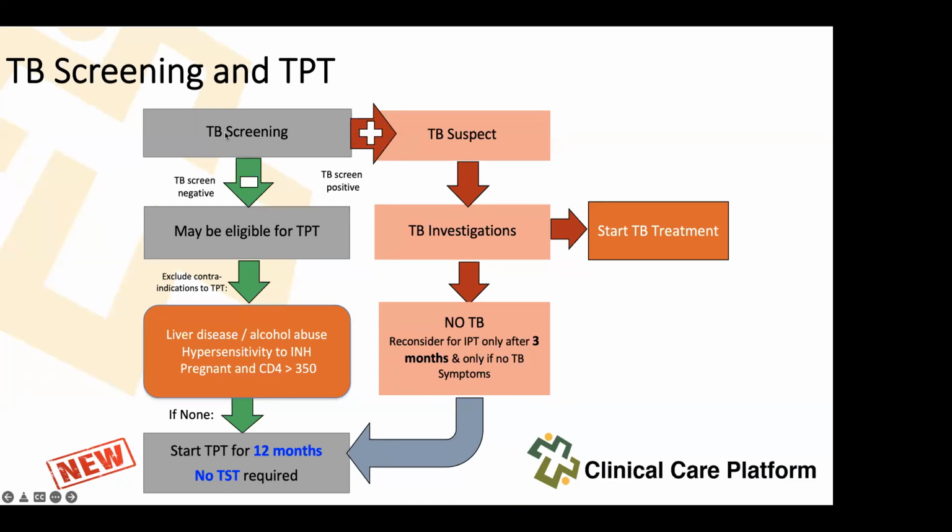INH again, right? If you have screened again for TB, and the TB screening outcome is negative, we have to assess for contraindications, pre-existing liver disease being very important, alcohol abuse, previous hypersensitivity to isoniazid, and a high CD4 count in pregnancy. This would be your contraindication. So in other words, even if she's asymptomatic, but she has some of this, we might have to exclude our patient from accessing INH. However, if the symptom screening is negative, there are no contraindications, we should be able to start TB preventative treatment, INH for at least 12 months.